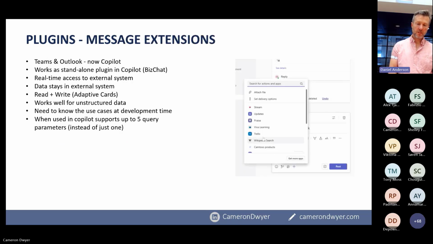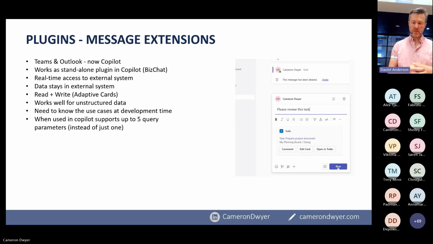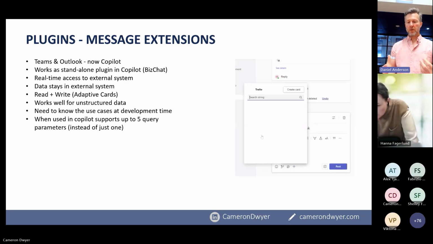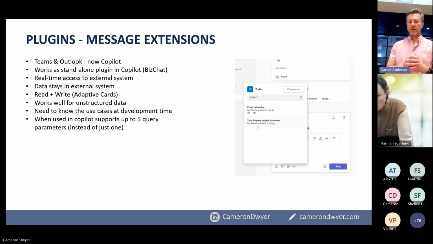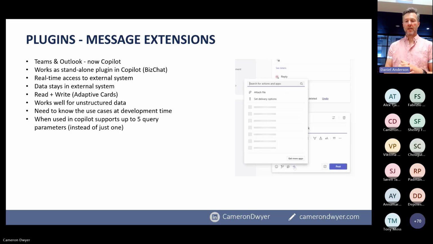First of all, I'm going to talk about message extensions. These things have been around for years. They were born out of the Teams extensibility model. And the way that these are designed to work is that inside of Teams, and this is the animation that you see on this slide, when you're composing a message and you've got information in an external system, in this case it's Trello, you want to be able to search that external system and select an item from that system and then use that in your chat.